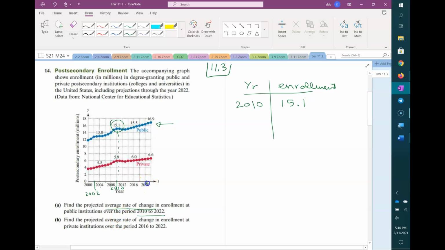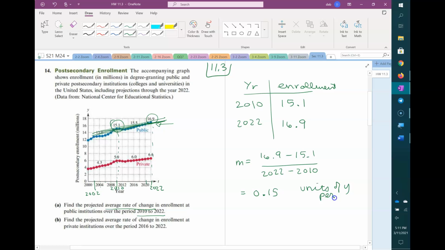And then in the year, here's 2020, so here's 2022. Then we come up to the graph, and our enrollment in 2022 is projected to be 16.9. So the average rate of change is the same as the slope of the line connecting these 2 points. So the slope is going to be the second y-coordinate minus the first y-coordinate over the second x minus the first x. So I'm getting 0.15, and then the units of the slope are always units of y per units